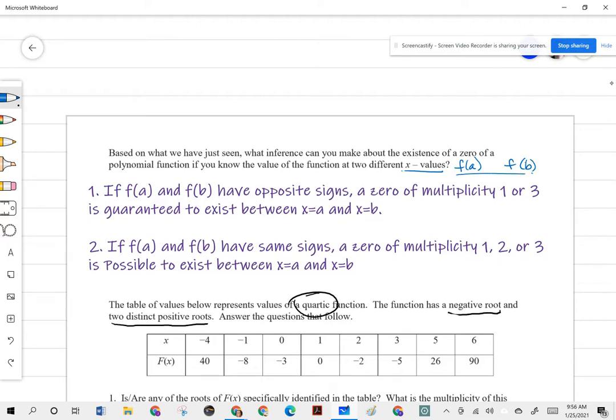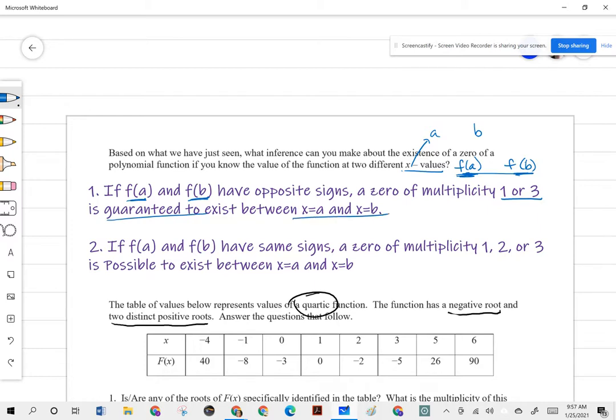So if f of a and f of b have opposite signs, now the x values would be a and then b. F of a is the y value and f of b is the y value, according to each x. So if the y value when x is equal to a and the y value when x is equal to b have opposite signs, a zero of multiplicity 1 or 3 is guaranteed to exist between a